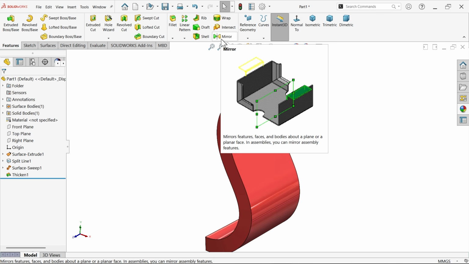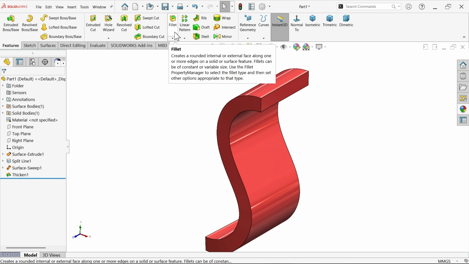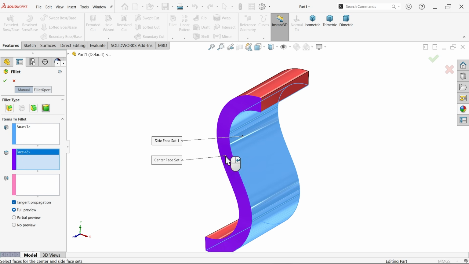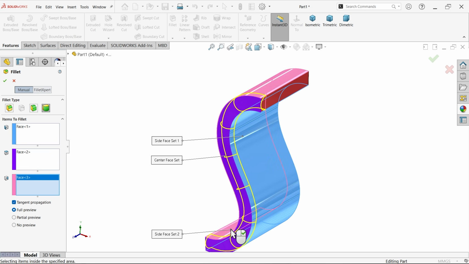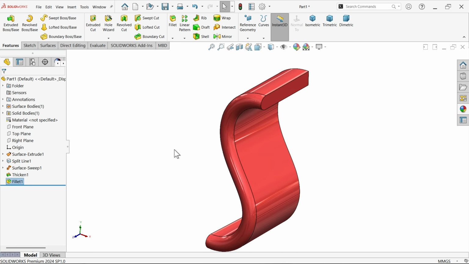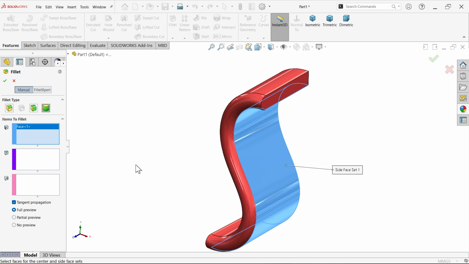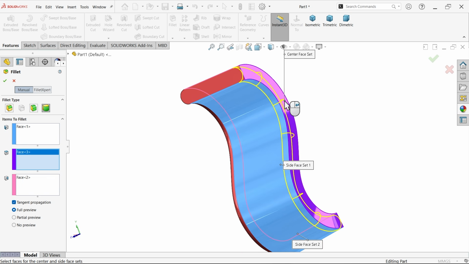Fillet. Here choose full round fillet. First face, second face, third face, and you will see the preview. And here activate tangent propagation. So each surface is tangent to the other. Say okay. Again, I'm going to do the same with the other side. First plane, second is hidden, third is this back one, third is rotate. See,